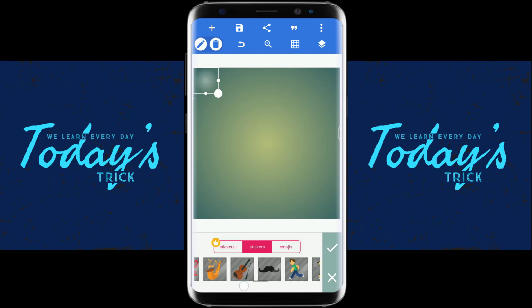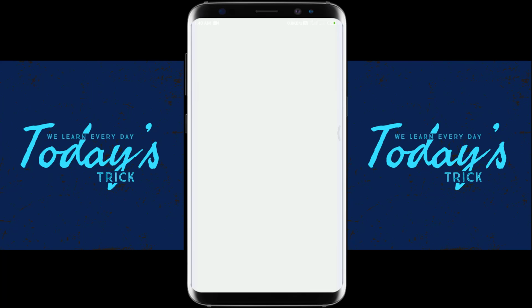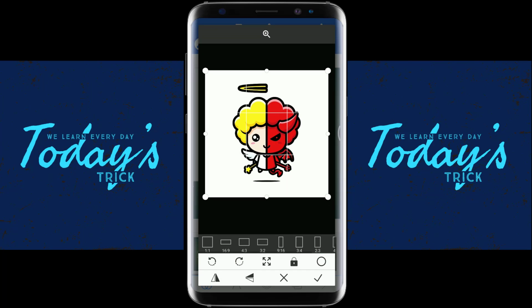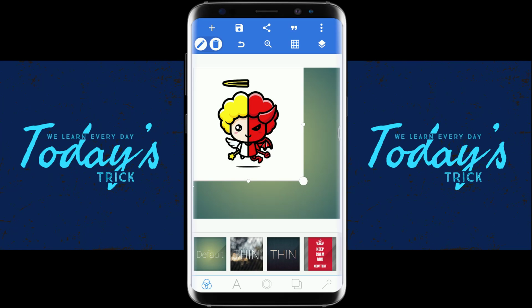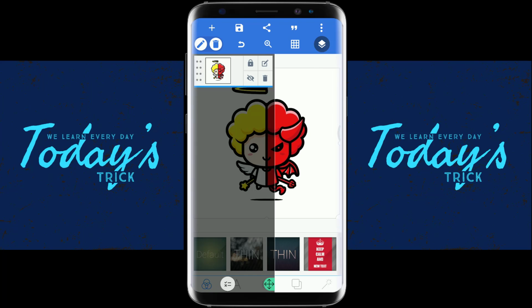That's not it. The features of the app are very impressive when compared to other apps, because in other apps there are no editing options like layers. Let me show you how this works from the gallery. I select this pic, one of my favorites, and you can see here I selected the pic and layer 1, and I lock it. As you can see, I can make it invisible. I locked it, and here are the other options.